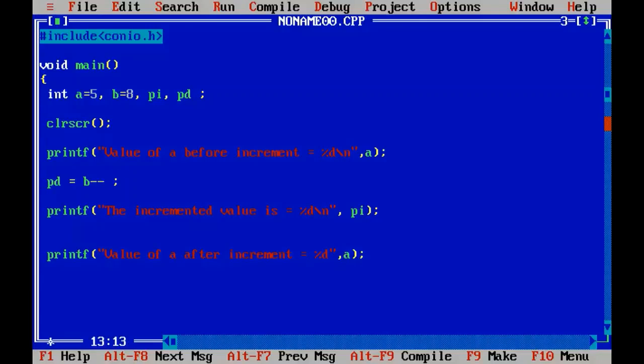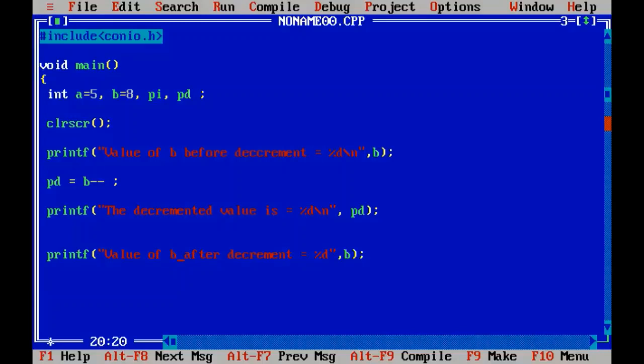So value of b before decrement, right? And the decremented value is equal to pd, value after decrement is equal to b.